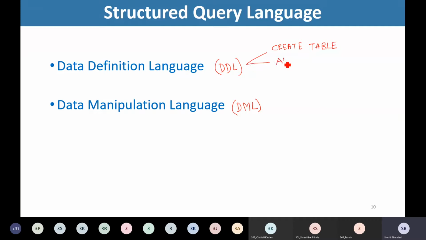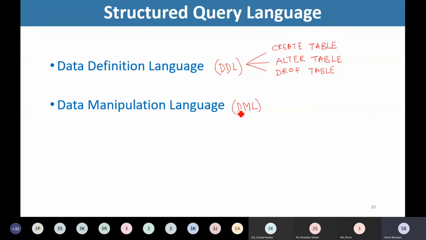Then we are going to see the alter table statement. And the third statement that we are going to cover is drop table. These three are the important statements under DDL. Create table is meant for creating a new table; alter table, to change the definition of an existing table; and drop table, to remove the table from our database system.